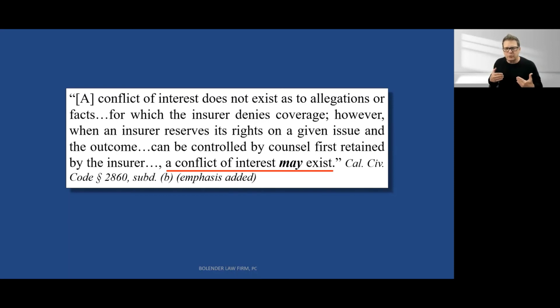The Dynamic Concepts court found that the conflict has to be significant and actual, not merely theoretical. And so the court in Dynamic Concepts and other courts have said that the insurance company, the policyholder, and all other concerned need to work with each other and work as a common team towards a common goal to protect the insureds. So what this really means is that for demands for independent counsel, there's no bright line rule, and it comes down to a case by case